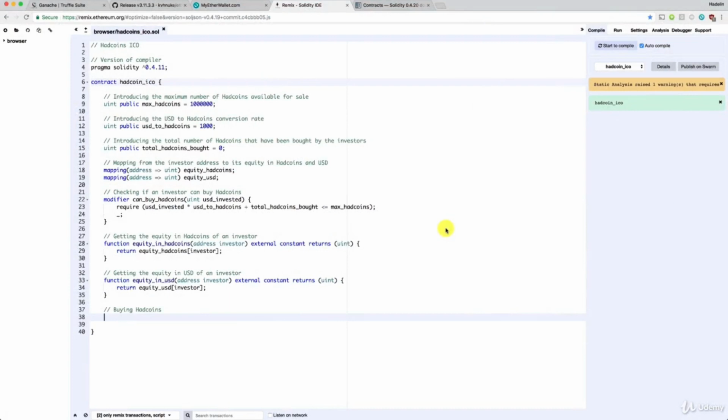Hello, welcome to this new tutorial, and now let's buy our altcoins. As a reminder, we're now making a function so that we can get the buy altcoins action in MyEtherWallet,